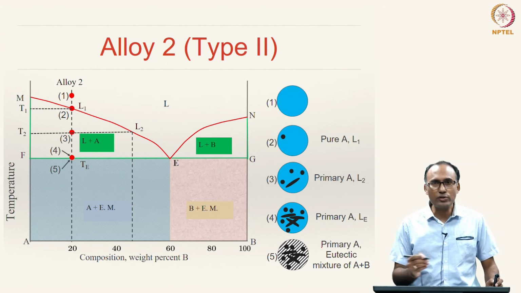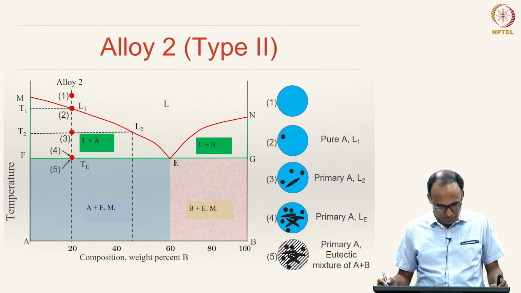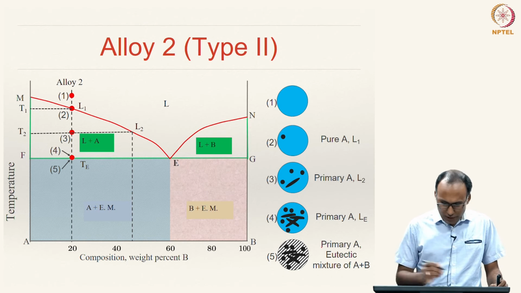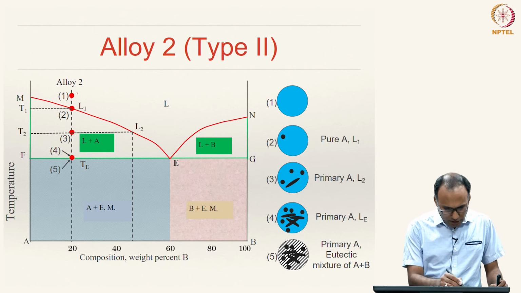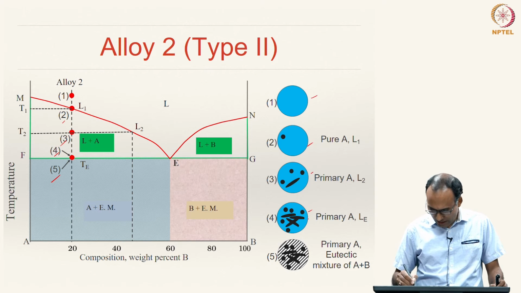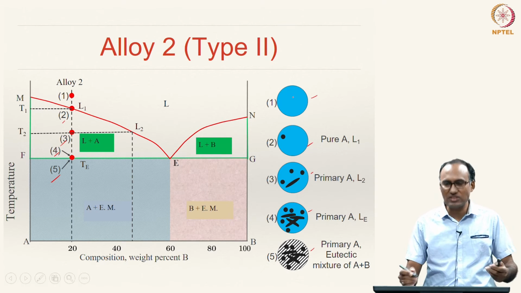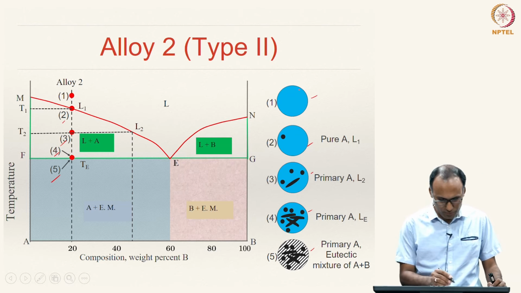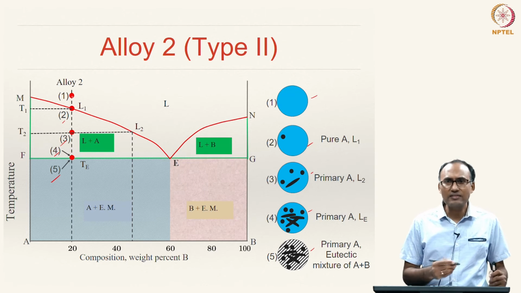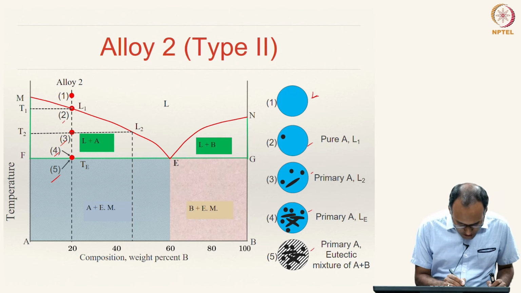Alright, now let us look at the solidification of alloy 2 and its microstructure. Okay. So, here 1, 2, 3, 4, 5 are states and the corresponding microstructures, again they are schematics, please keep that in mind. Whenever I am showing it in blue, that means it is liquid. Okay. So, at 1 it is in liquid state, so this is liquid solution,